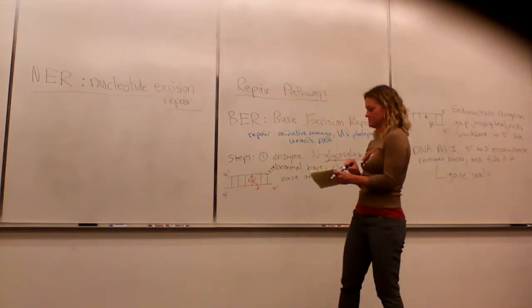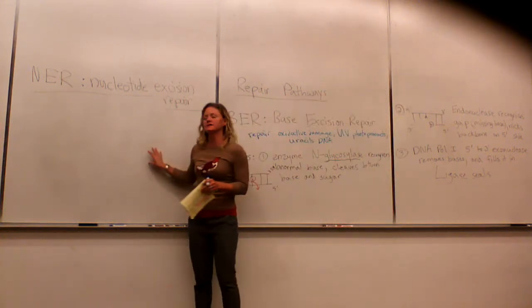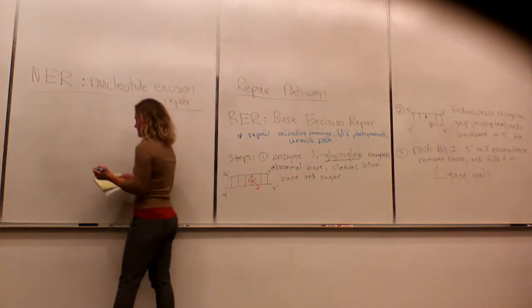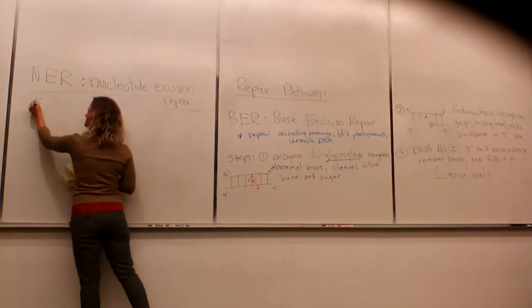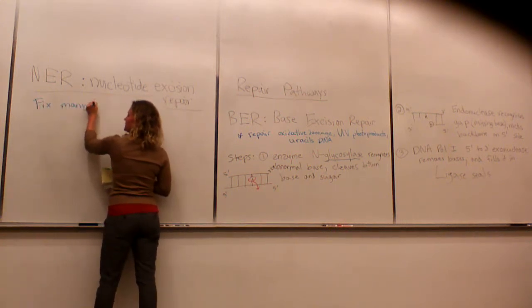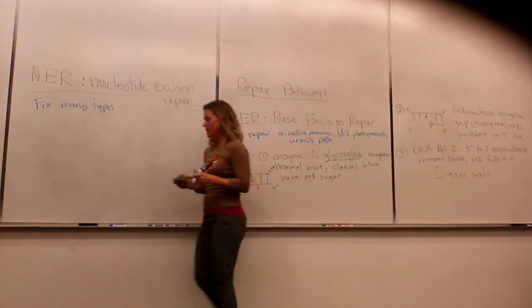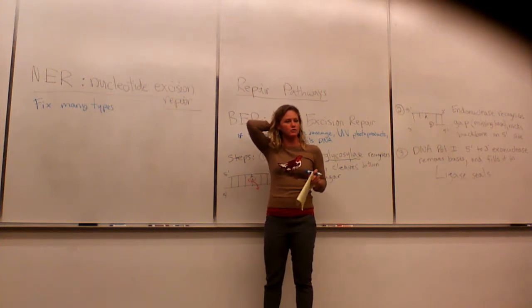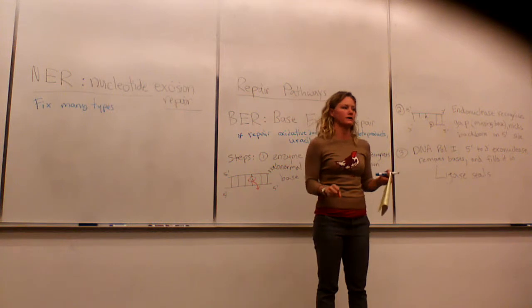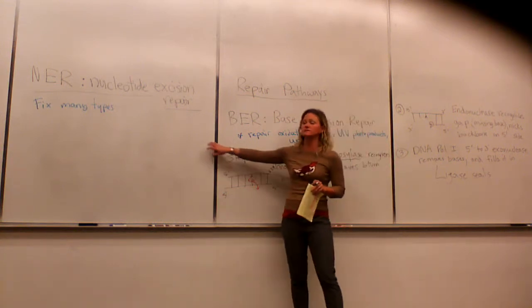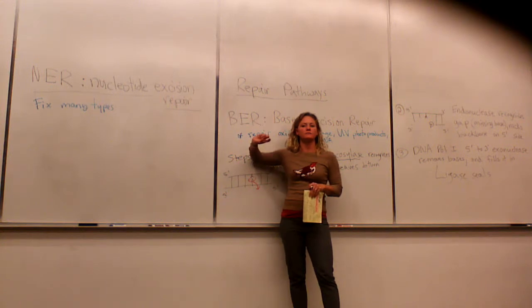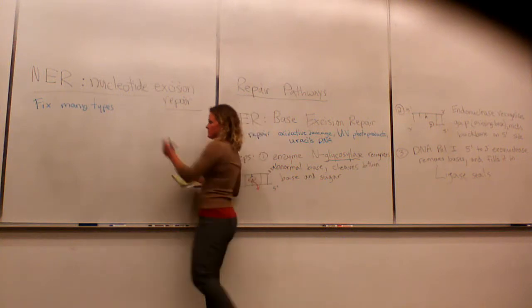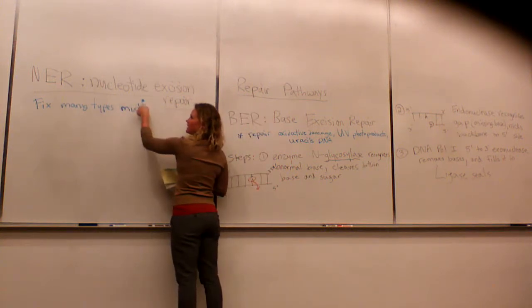So nucleotide excision repair. Again, this can handle many types of mutations. Is this like prokaryote or eukaryote? They both have NER, yeah. But again, it's better understood in prokaryotes. So when I get into the mechanism, that's prokaryotic. But eukaryotes and prokaryotes have NER and BER. But again, it's better understood in E. coli, yeah. And so many types of mutations can be repaired with nucleotide excision repair,